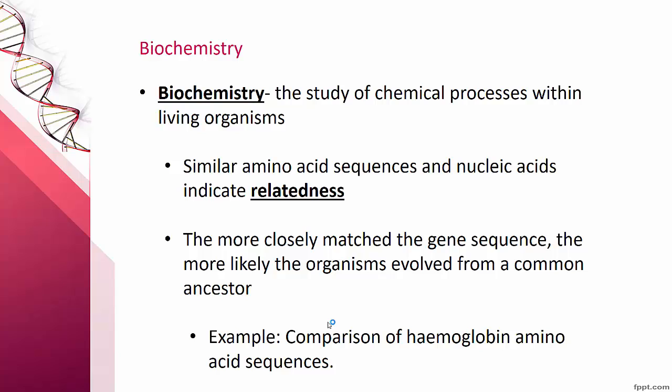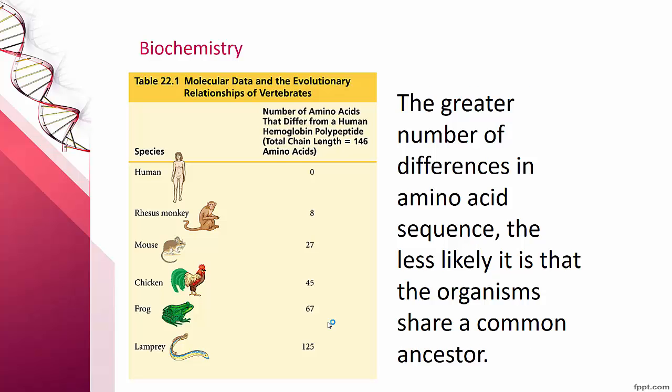And a great example of this is looking at the polypeptide sequence of amino acids in hemoglobin. So if we compare humans to humans, there are no differences in hemoglobin. But if we compare humans to a rhesus monkey, there are 8 differences in the sequencing. And because it's a relatively short polypeptide chain, which is only 146, this is pretty cool for us. So with a mouse, there are 27 differences, with a chicken, 45, with a frog, 67, and with a lamprey eel,